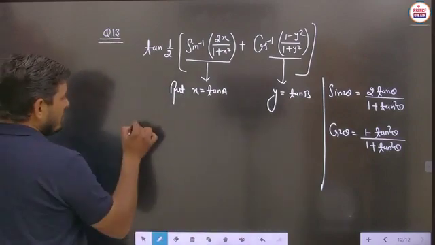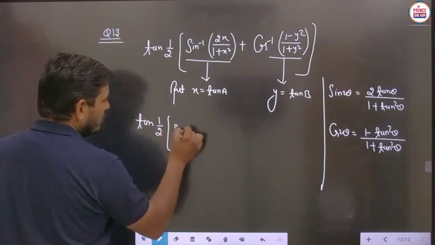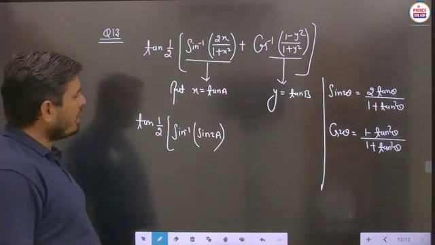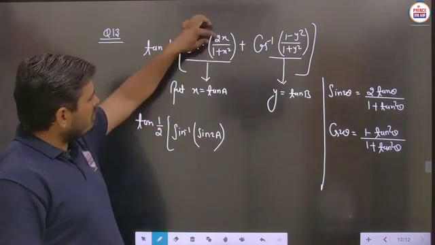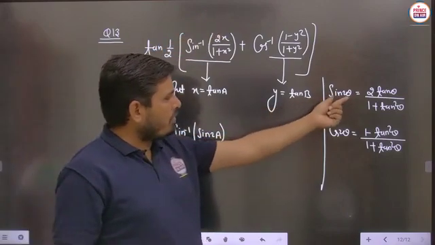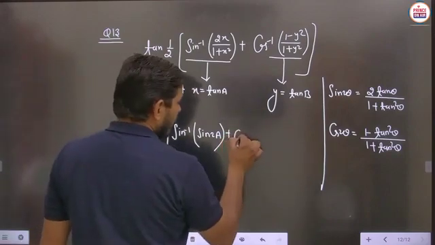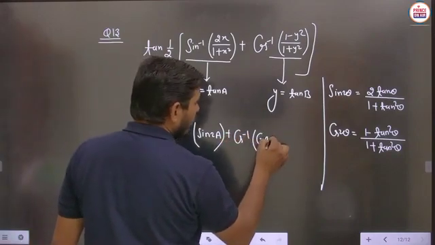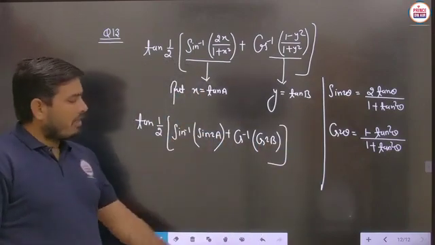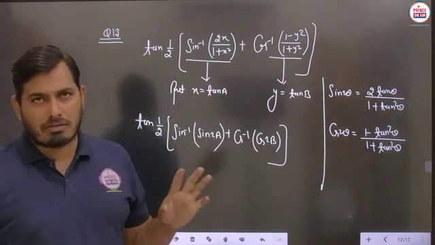So on behalf of the given expression, we are using the substitution as tan a or tan b. So now you can just write this part, tan of 1 by 2. This part will become sin inverse of sin 2a, because here x will be tan a, then 2 tan a upon 1 plus tan square a will become sin 2a as per this formula. And similarly you can see this particular part will become cos 2b. Is it to be clear? Now this sin inverse and sin will get cancelled out, and here cos inverse and cos will get cancelled out. We will just check this thing.